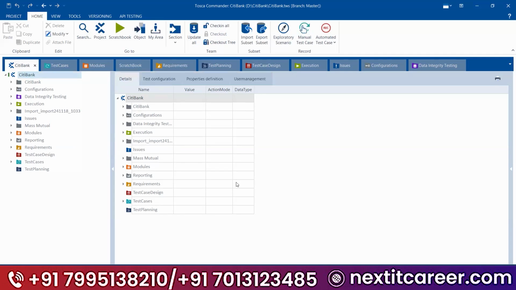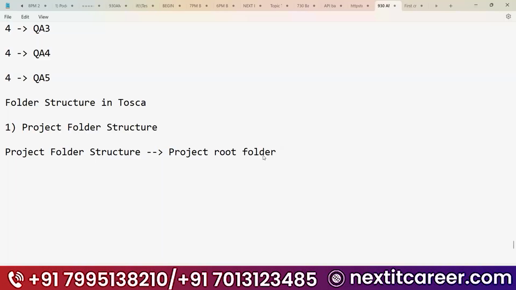Now, when you are learning the project folder structure, one terminology is very important, which is component folder.